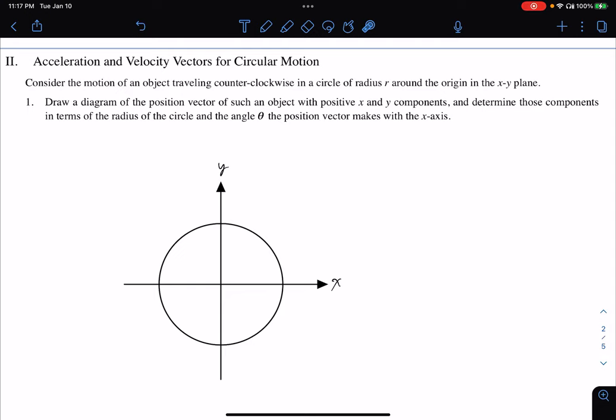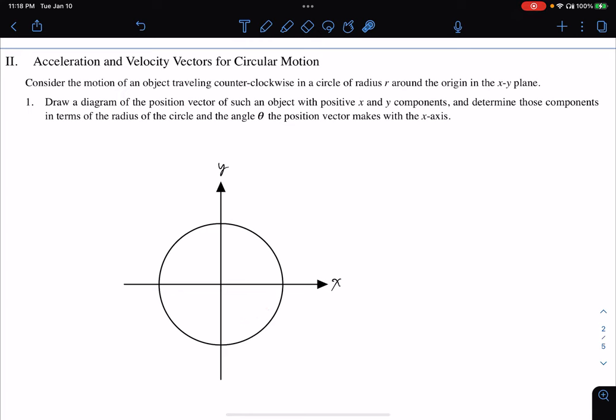For the rest of the activity, because circular motion is a very important and canonical classical textbook example, I'm going to follow exactly the same as the activity. Make sure you do the same thing, do the derivation, do the practice, do the exercise yourself after you watch the video. So the first part, we're going to draw a vector representing the position of an object moving on